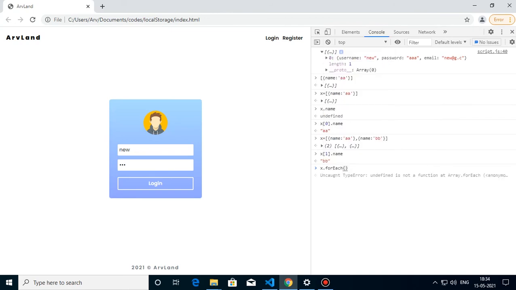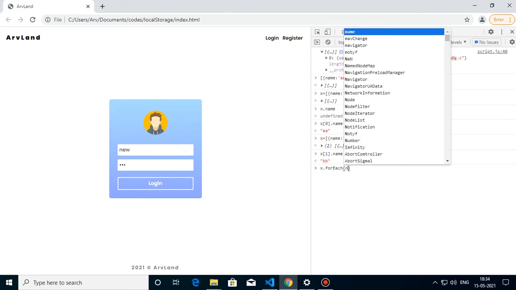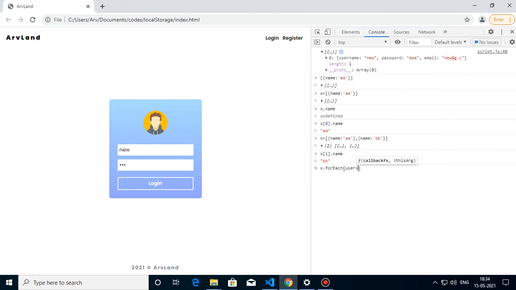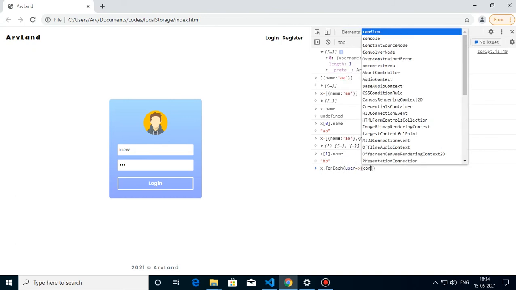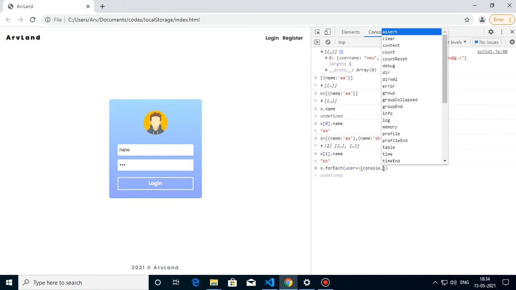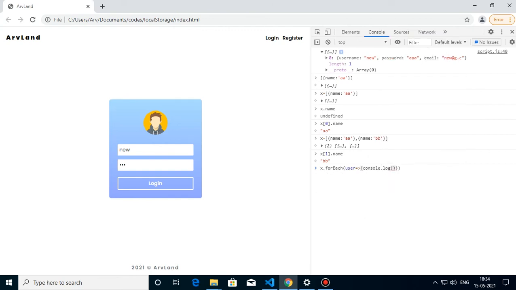Here I can go through all the objects with forEach, and get the name. See, it's easy, just a one-liner, and we got the username from each element of the array.